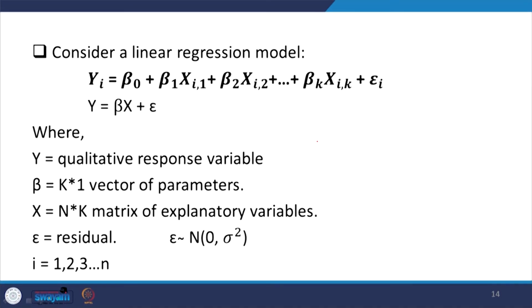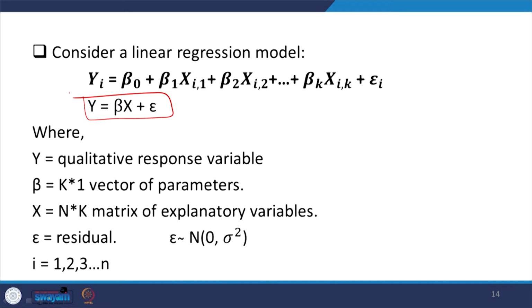Okay. So, let us understand through an equation. Here we have different explanatory variables, which we denote as xi's, with epsilon as the error term. The expected value of y is defined as y equal to beta x. In short, the entire equation can also be written in matrix format.